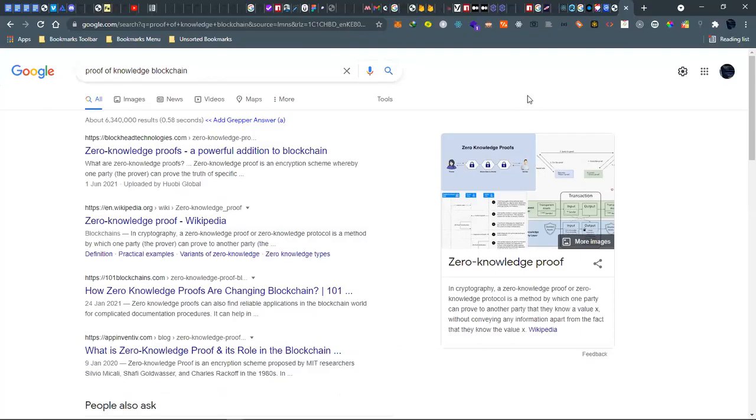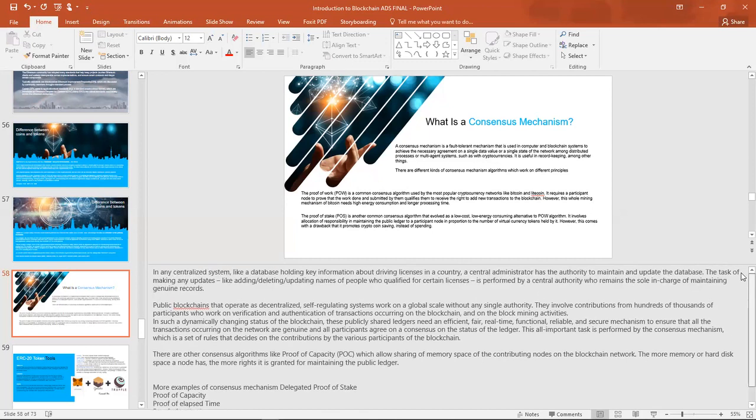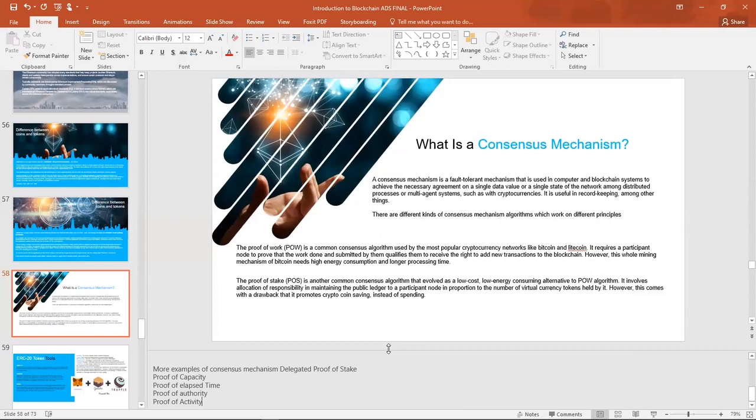Let's get back there. So that is proof of stake and consensus mechanisms. By now I think we are good with proof of stake and proof of work, because we have talked about them on several occasions. There are about 10 proof-of protocols that are used, but the most common ones are proof of work and proof of stake, delegated proof of work, and delegated proof of stake. Yeah. So in case you have a question, comment, concern,